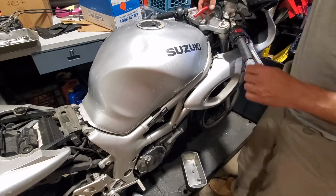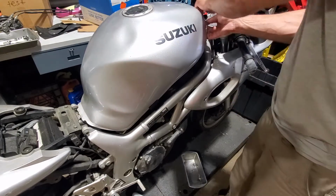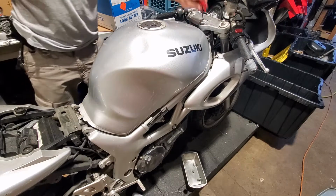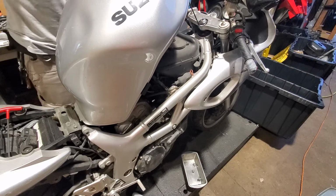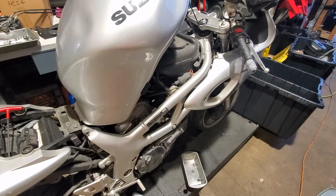So now the tank can come up, and then as it's up, we can disconnect some things. So grab your tank prop rod, prop up the tank, and then down here, which we can't see from that